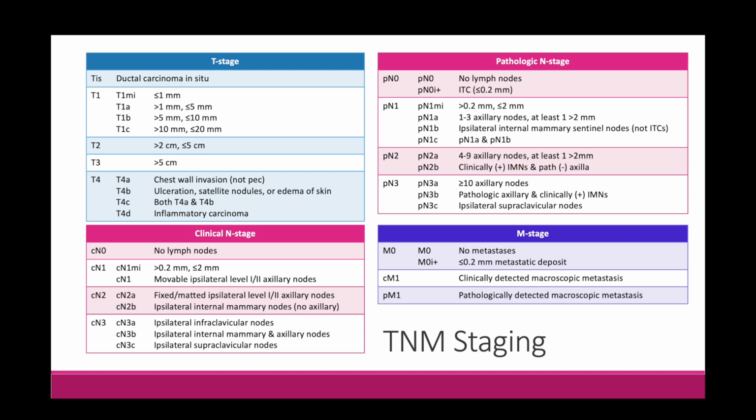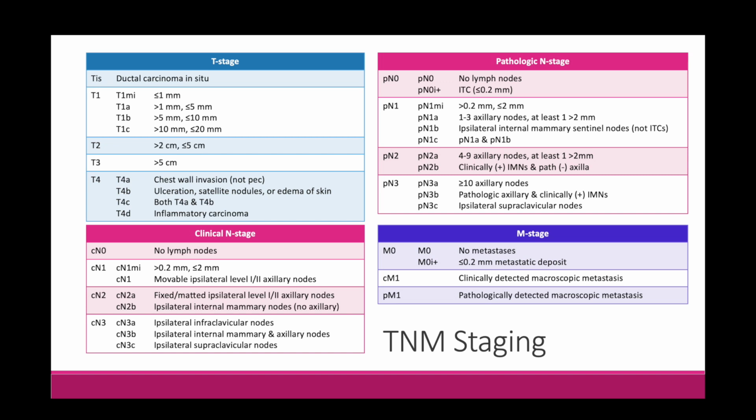So just remember that T1 is less than 2 centimeters. T1A and T1B are less than 1 centimeter, but divided by that 50% mark, so 5 millimeters or less is T1A, greater than 5 millimeters is T1B, and then T1C is anything between 1 to 2 centimeters. So that is the T stage for T1. T2 is anything greater than 2 centimeters or less than or equal to 5 centimeters, and T3 is anything greater than 5 centimeters. So remember that for T stage for breast cancer, it's based on the size until you get